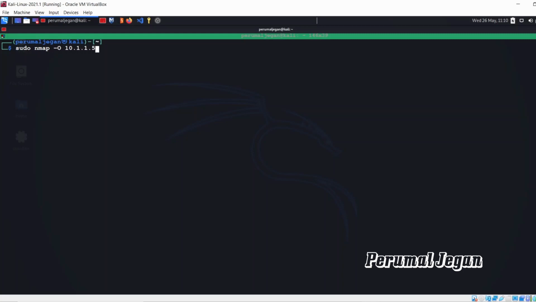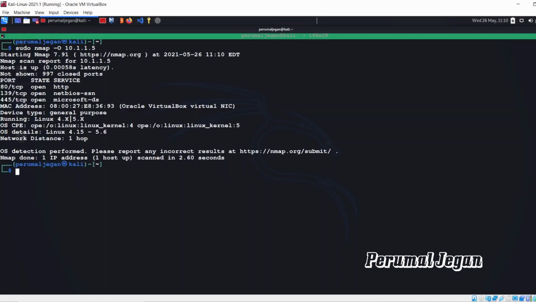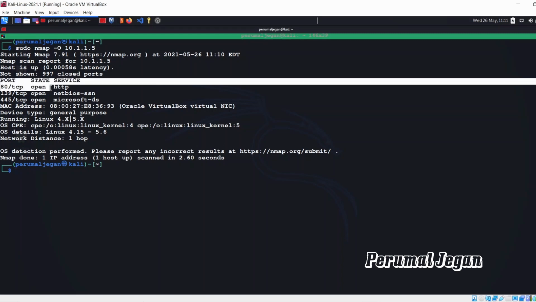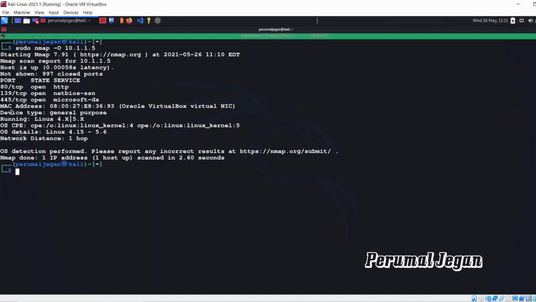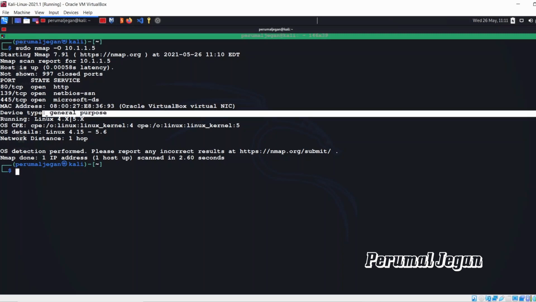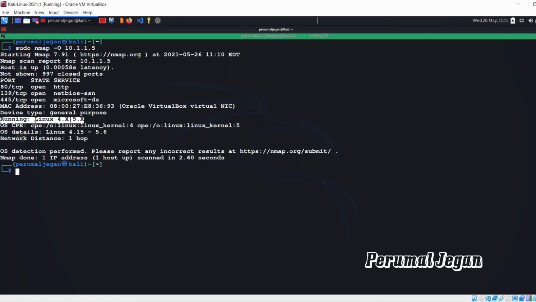And my target. Simple enough. That's it. Here we are. It gave the usual results. Also, it gives the operating system. Here are the details.